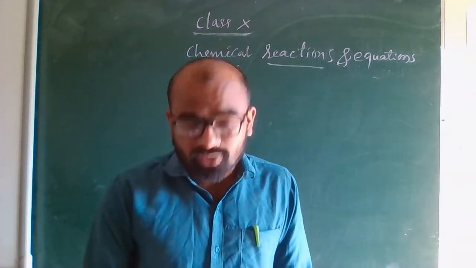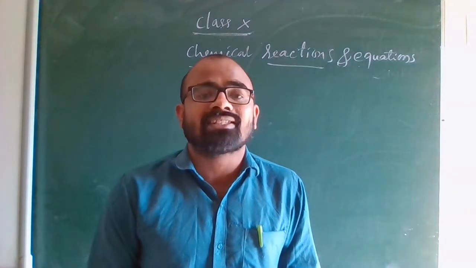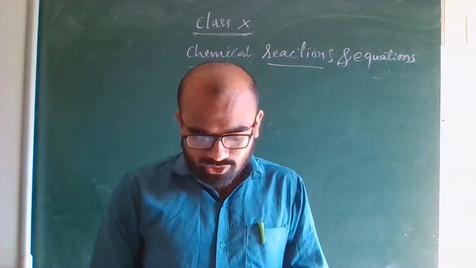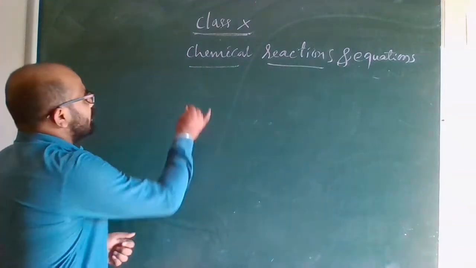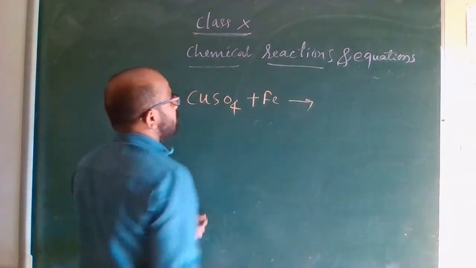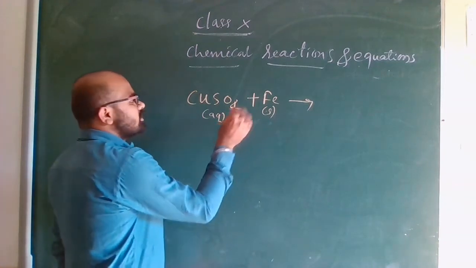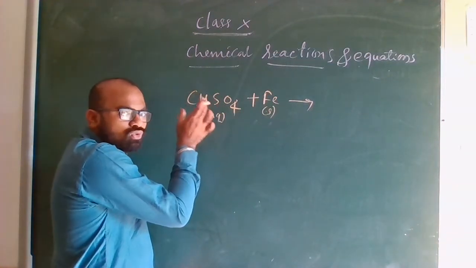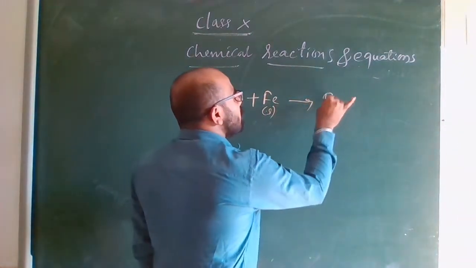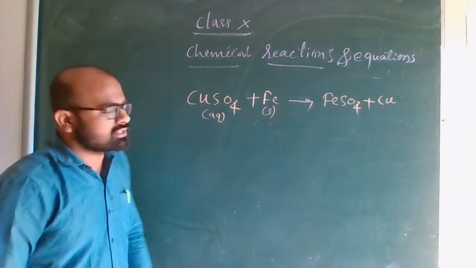Okay. So the first question, what is the first question? Why does the color of copper sulfate solution change when an iron nail is dipped in it? Copper sulfate, when iron nail, that is Fe, what will it become? This is a reaction. This is aqueous. This is solid. Iron is more reactive than copper. So iron displaces copper from its copper sulfate solution. So it will become iron sulfate plus copper is coming.